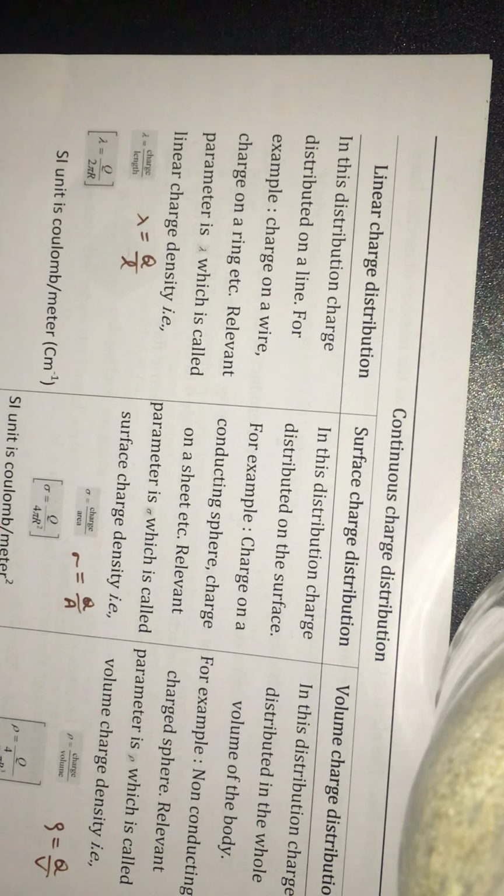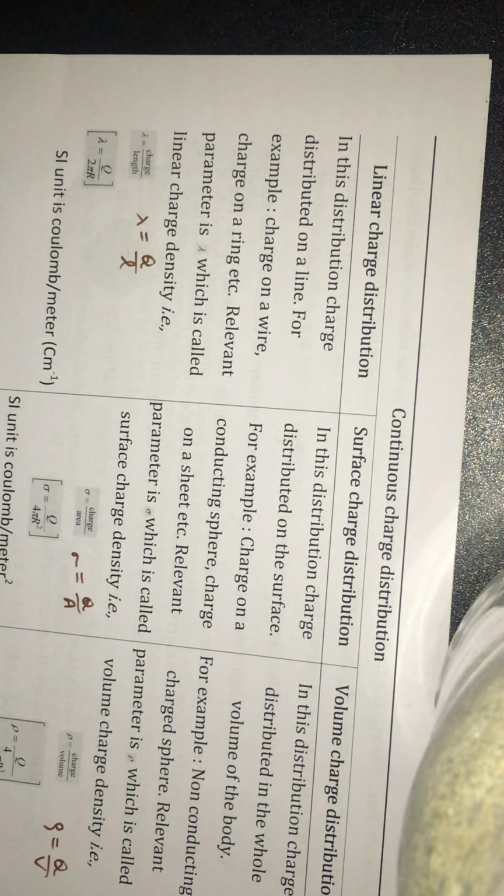Students, in the last class, we had learnt about electric lines of force. An electric line of force is an imaginary line drawn in the path of a unit positive charge kept at a point in an electric field. You know that it does not have any physical origin, it's an imaginary line.